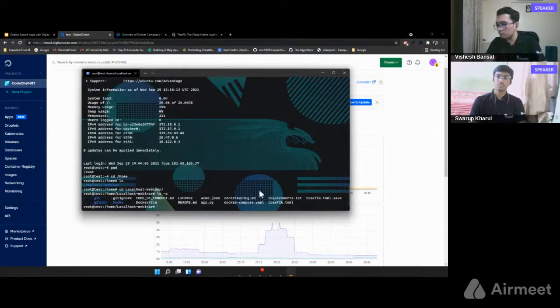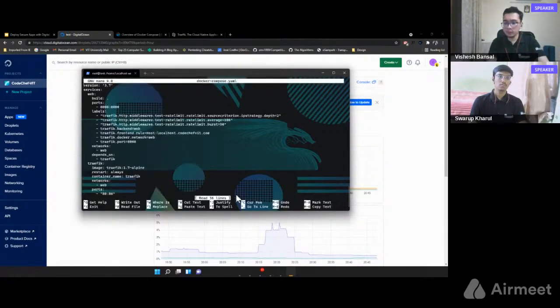You see we have all the files which we added on the GitHub repository, and we have the Docker Compose file as well. Let's just see the Docker file. If you look at it, it's the same Docker file that we were running.